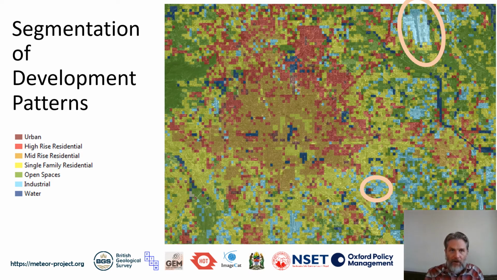If you get to the older city core of Beijing, you have more mid-rise structures. The higher rise are actually in the newer areas and pockets outside of the city. And that's interspersed around, following that with more single-family residential, or at least